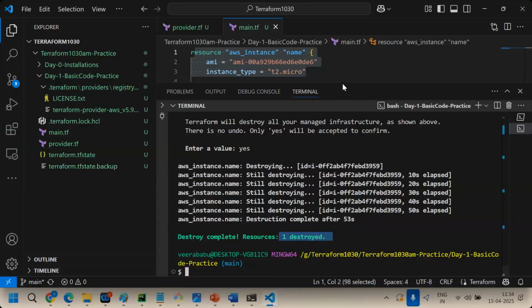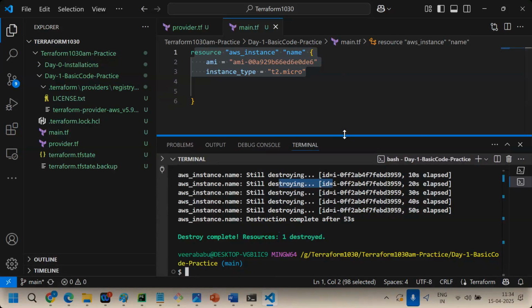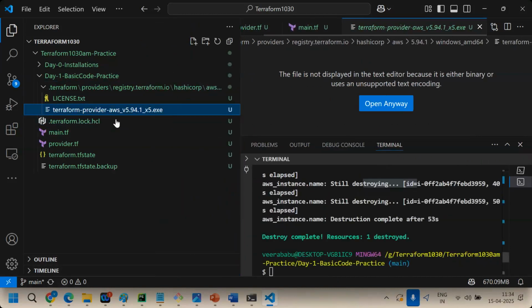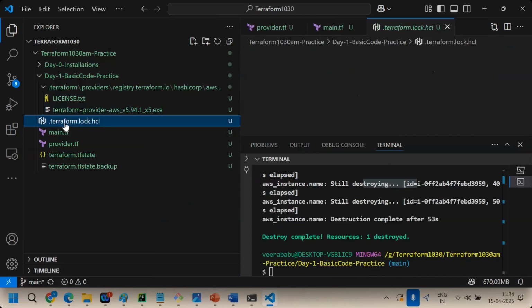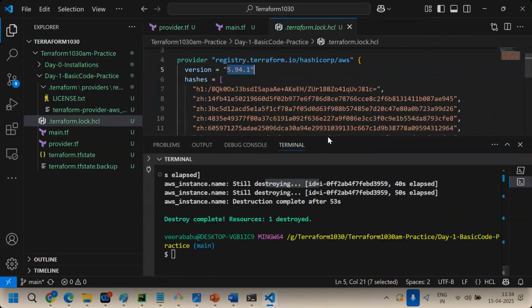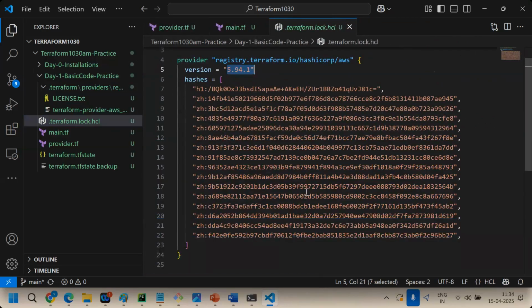So let's focus now. This is a basic process of how to run Terraform. You need to init, plan, apply, destroy. Four commands are clear, right? Let's focus now on lock.hcl, what it is. So guys, which plugin version is my Terraform provider giving? 5.94.1, which is this one. Whenever you download a plugin now guys, in the background a lock will apply.